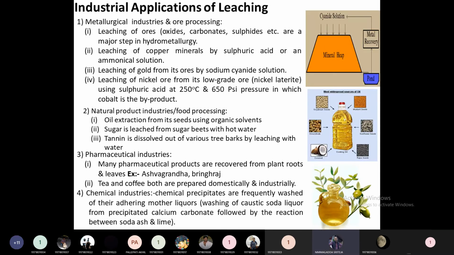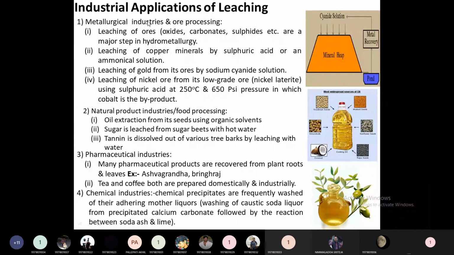Next, what are the industrial applications of leaching? In the definition itself, we have seen many examples, which are industrial applications. For convenience, I will summarize them. In metallurgical and ore processing industries, there are many applications, because the useful metal like copper, gold or nickel is present in very minute quantities in the ore.